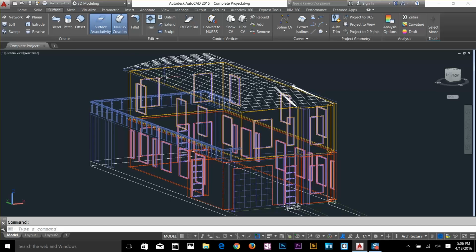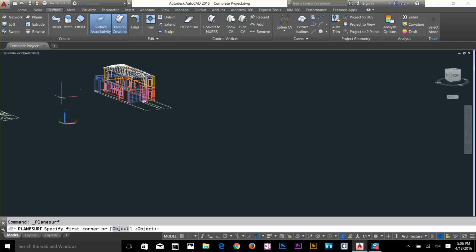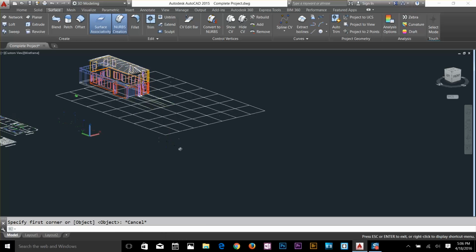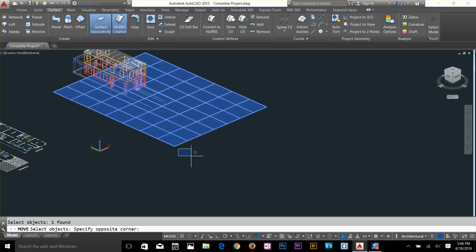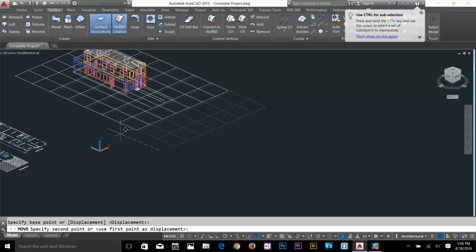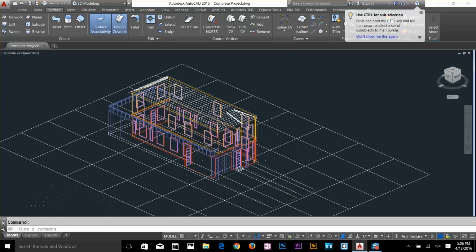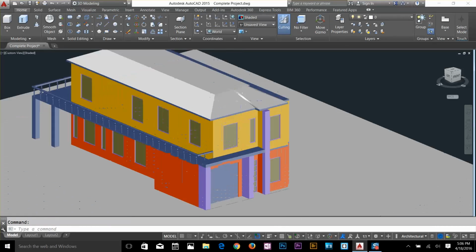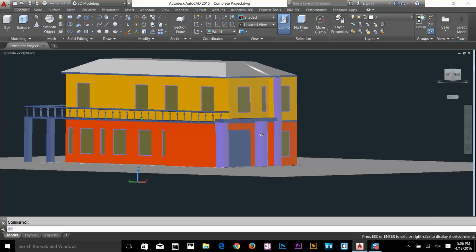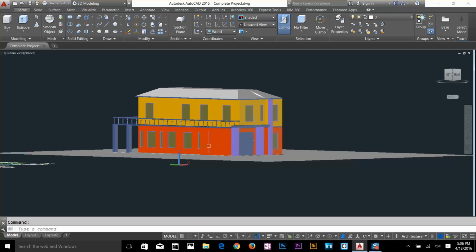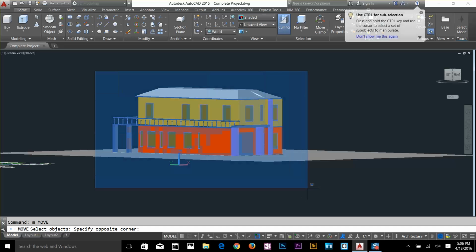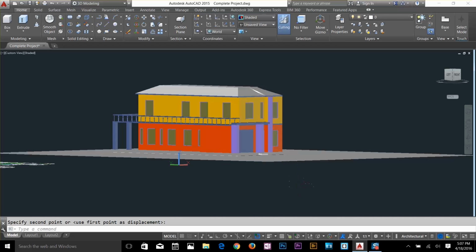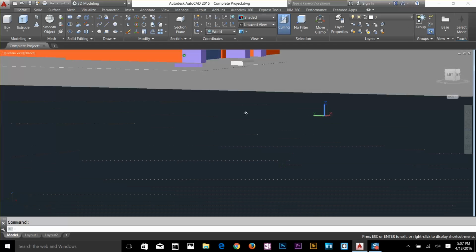So now go to your planar, draw a planar here, now just move that a little bit. There, done. So now if I change that to shaded, you can see that it's pretty awesome now. And there's one thing you need to do. You need to select your whole drawing and move 0,0,1 feet. Done. So now we got this on the proper